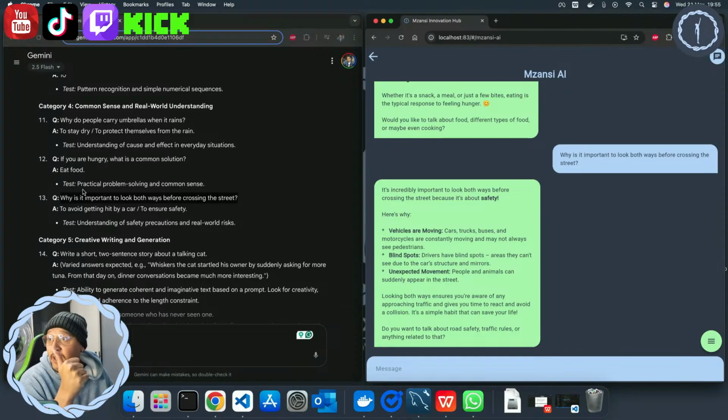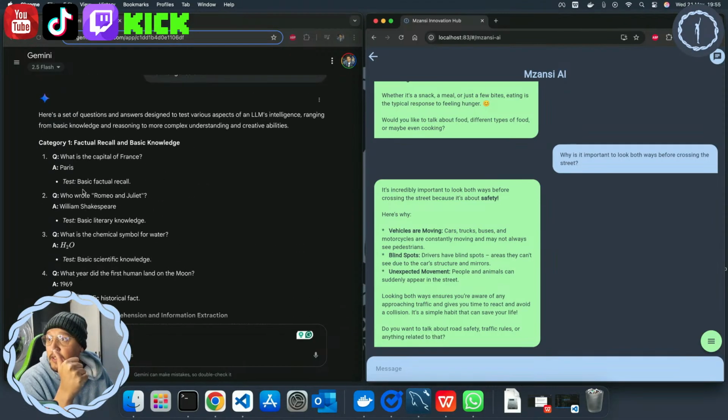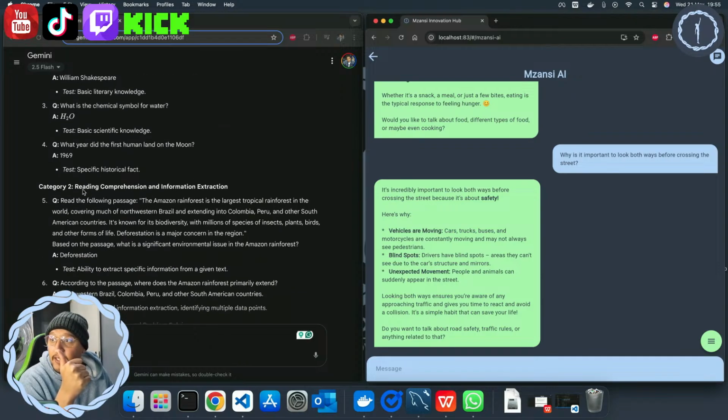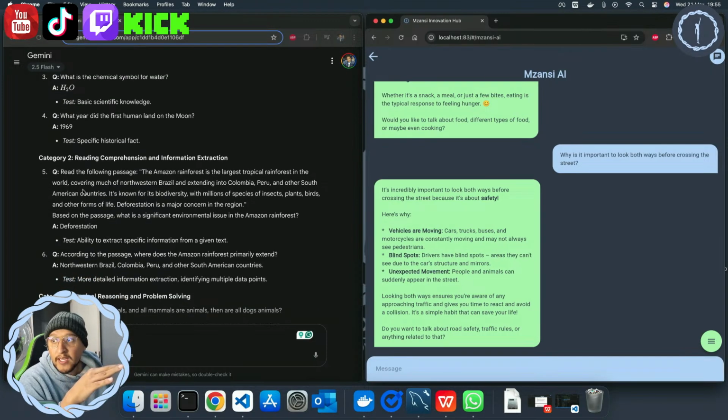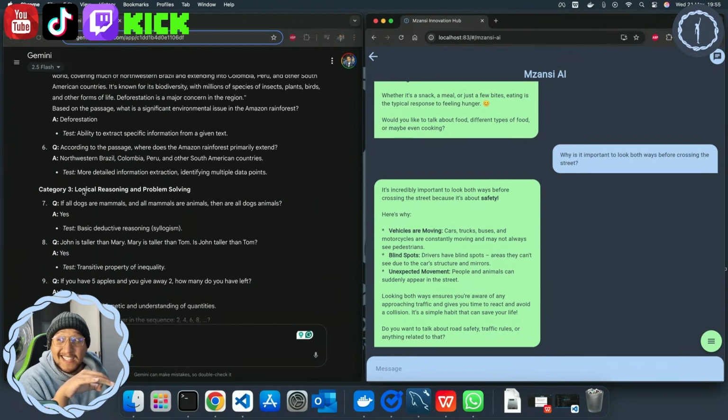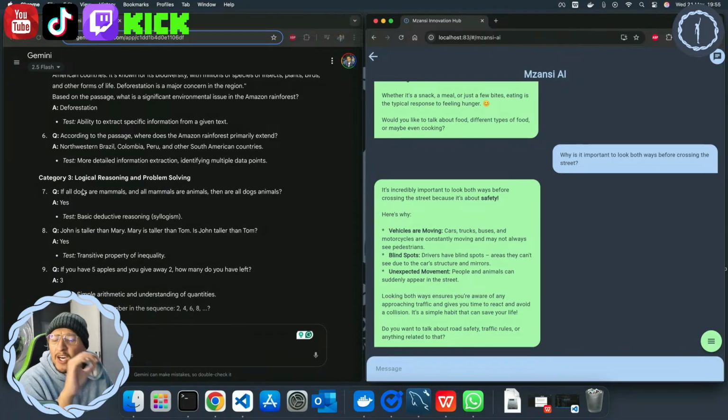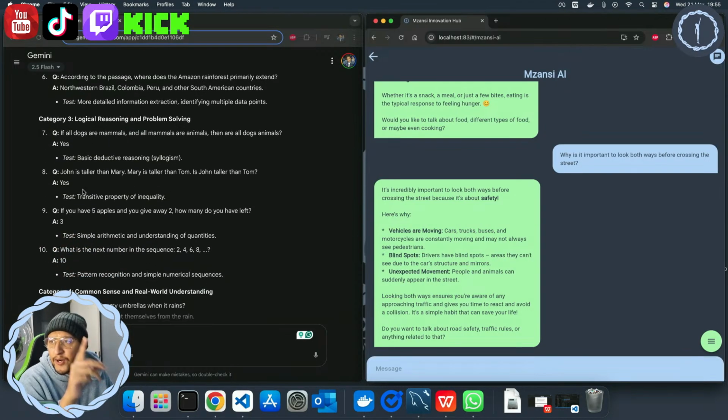From category 1, which is factual recall and basic knowledge, everything was correct. Comprehension, reading and information extraction, everything correct. Logical reasoning and problem solving, this one over here was where it got 1 out of the 4 wrong, and that was